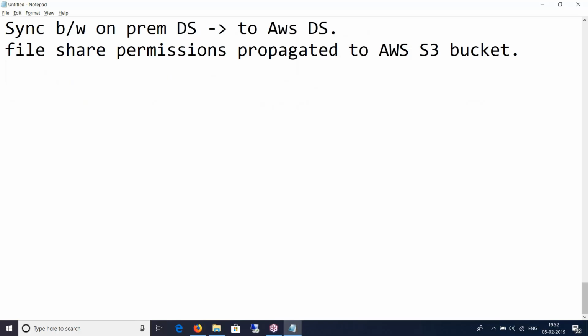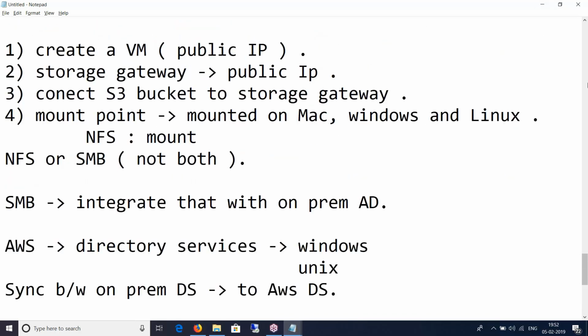So now help me, where were we? So we were here, NFS mount. We spoke about activating the file gateway. We created the EC2 instance. So we'll have the shares accessible using NFS or SMB. This file share will be created and configured, and it will be associated or mapped to your S3 bucket. Right? This is what we're talking about.